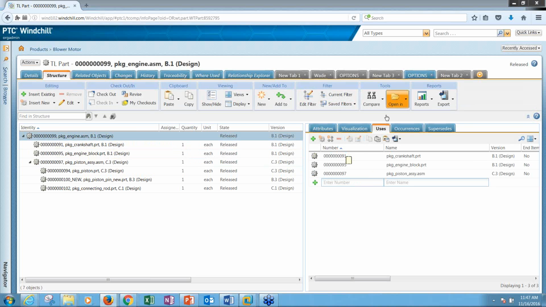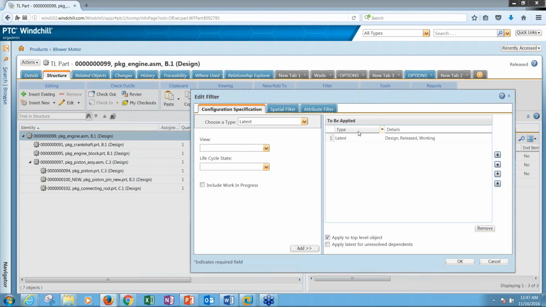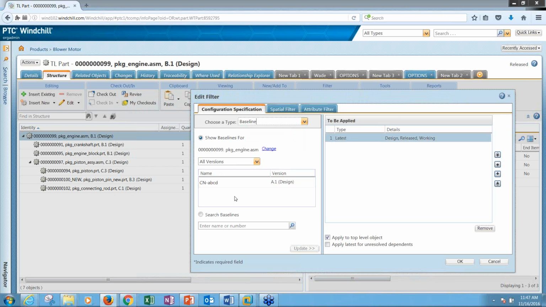And so I can go up to my engine assembly, and I can edit the filter that I'm using for that. And I can tell it, all right, instead of a latest configuration, I want to use a baseline filter. And so it's going to show all of the baselines that were created that involve this assembly. And so I can select that baseline. It's got a name. It's a managed object within Windchill. I can search for it. I can see everything that relates to that baseline. And I'm going to update the filter. And when I apply that,